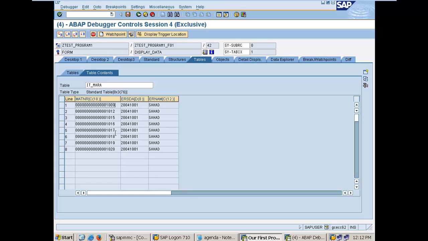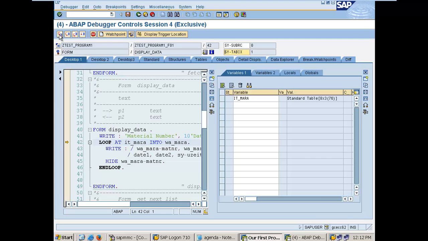So I cannot do an F5 for 1 lakh times. Let's say my material number, which is having the defect, is basically at the 20,000th line. So the option here would be, let's say I want to directly go to the 6th material. I'll go back to my desktop, do an F5 one time, select your cursor here on the field for which you want to directly jump, and click on watch point